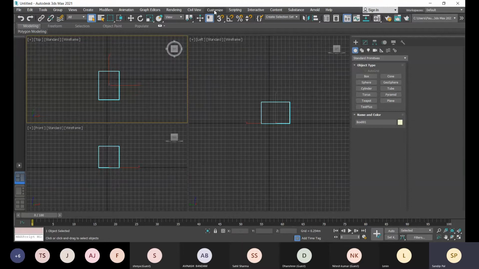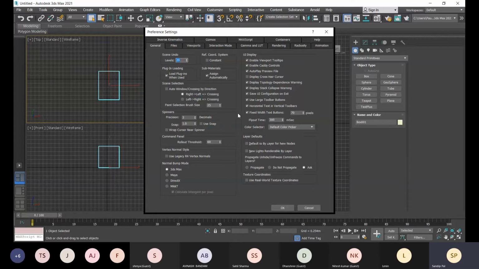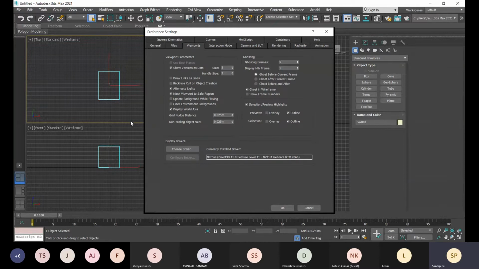Now let me go with this customize menu, and there you will get the preference option. So what to choose in the preference? In the general section, everything is all right. You can go to this viewports, and there is nothing much to change.